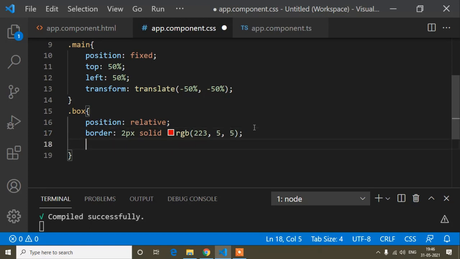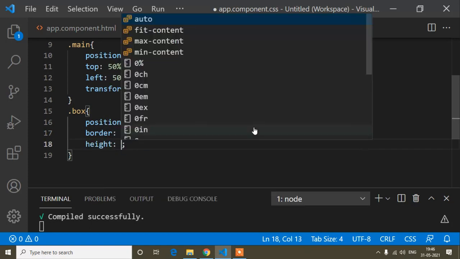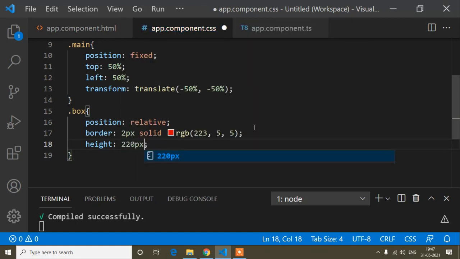Okay, and now height, because when I was showing the preview, there was a white color box, and that actually has height 220 pixel.